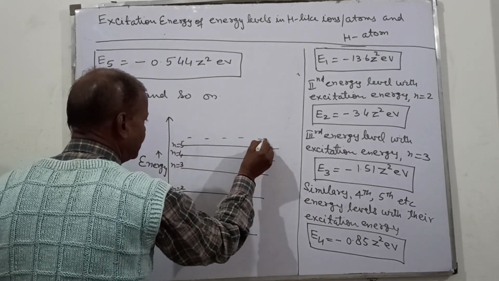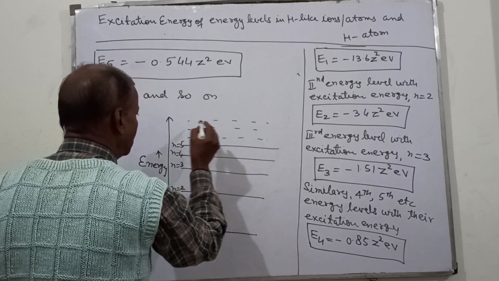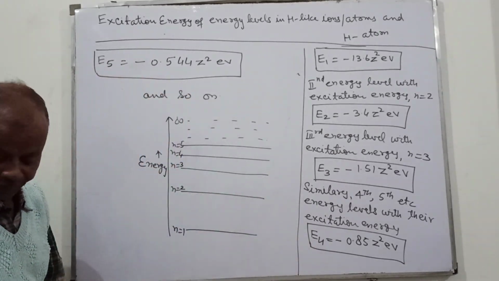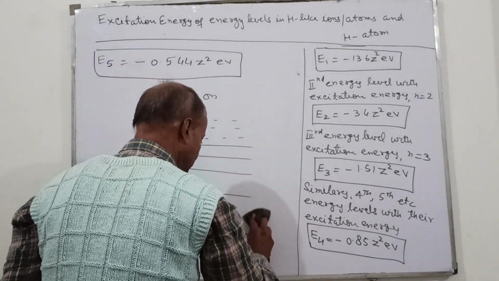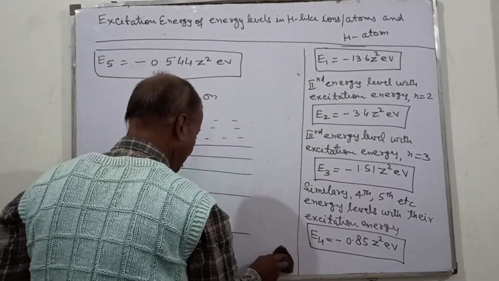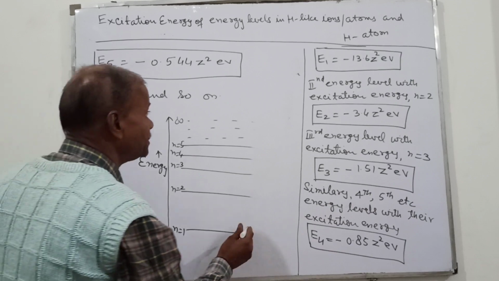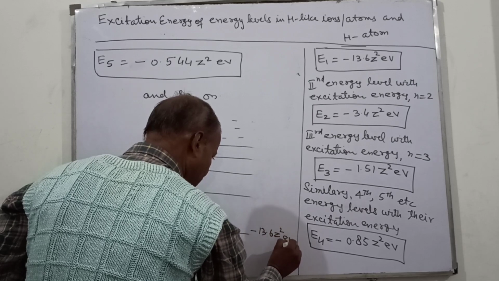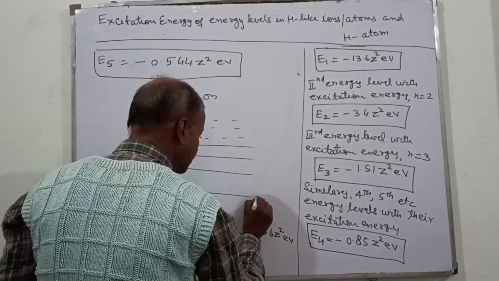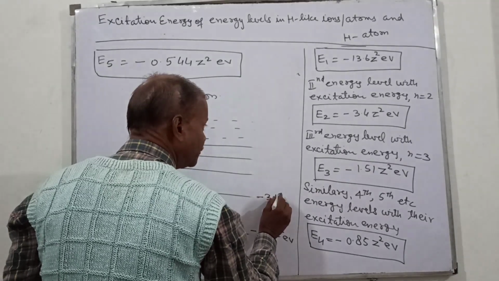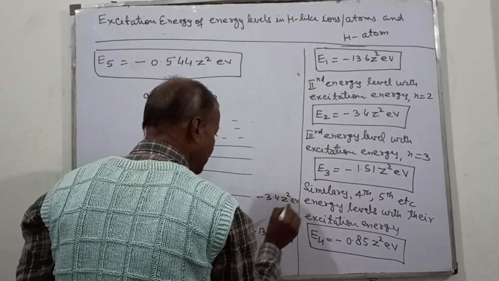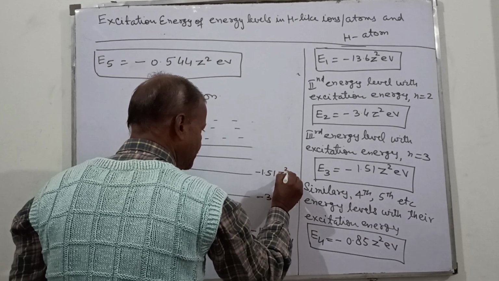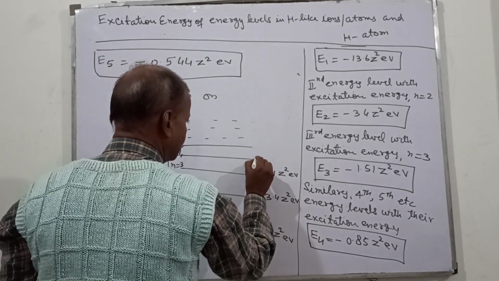This goes up to infinity. So this energy state is minus 13.6 Z square electron volt, and this is minus 3.4 Z square electron volt. This is minus 1.51 Z square electron volt,